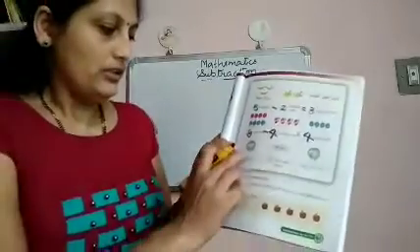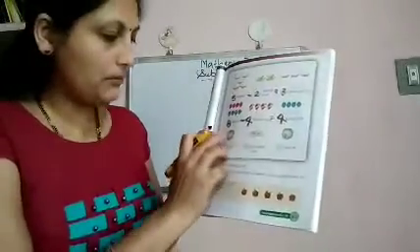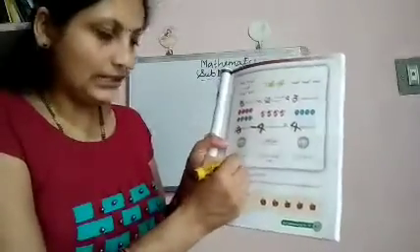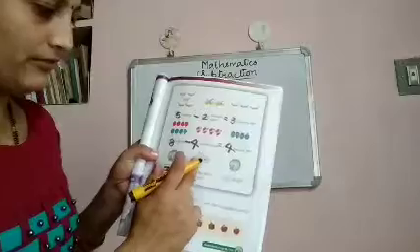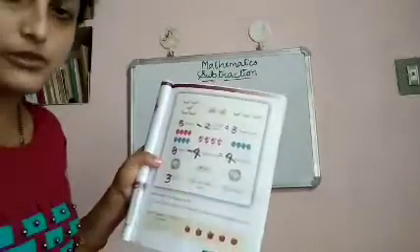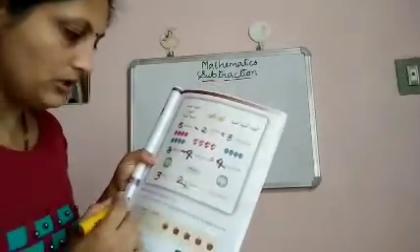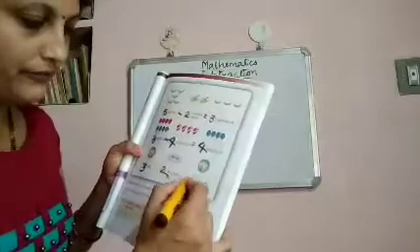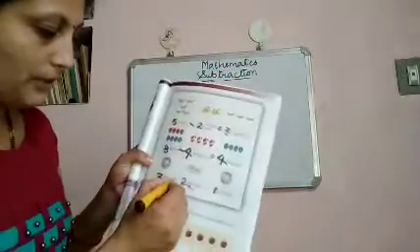Next one. So here in this, how many fishes are there in this aquarium? 1, 2, 3. 3 are there. Okay. And how many fish taken away? We have taken 2 fishes out of the aquarium. 2. How many fish left? 1 fish left. 3 minus 2 is equal to 1.